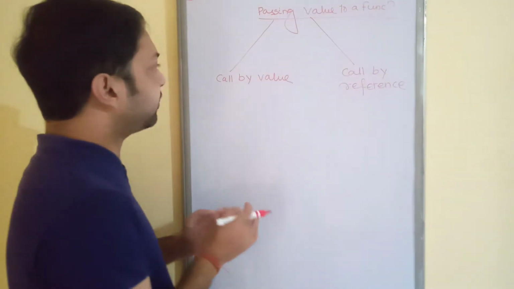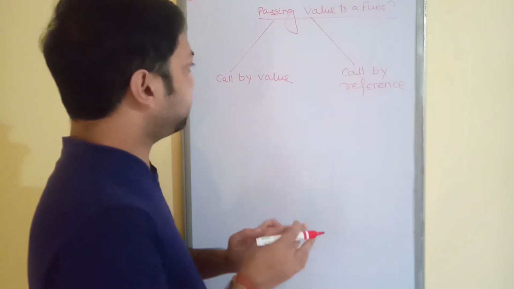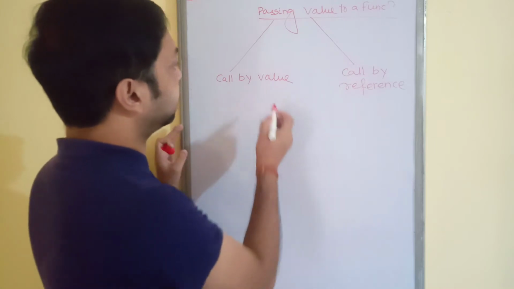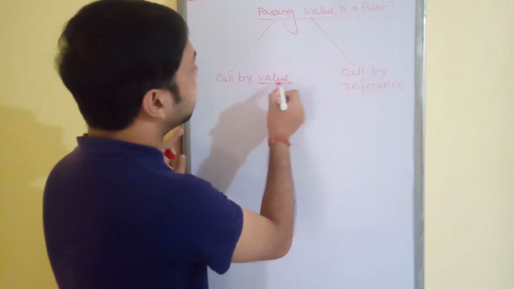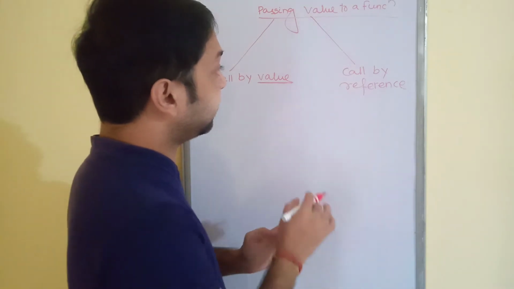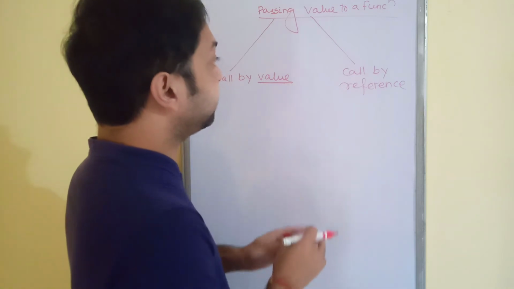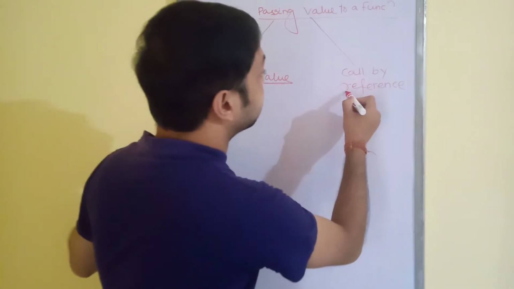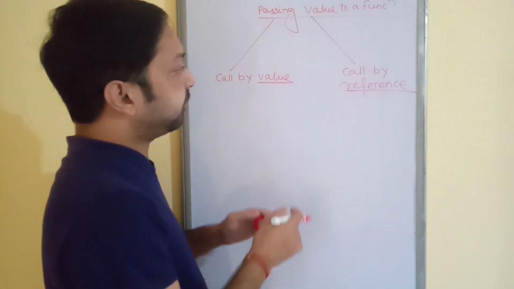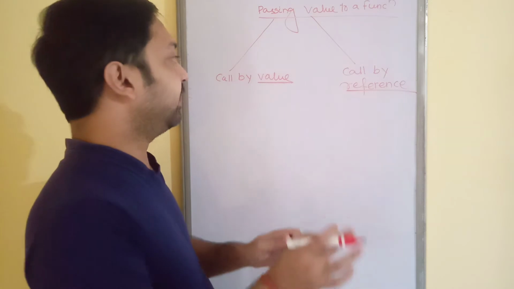So what actually is call by value? Call by value is that, as the name suggests, whenever you are calling the function you should call it through the values. That means the value will be passed as the function argument. Similarly, in call by reference, as the name suggests, whenever you are calling the function, it is called through the reference. So reference is nothing but the address. That means whenever you are calling a function, you should pass the address of that variable as the function argument.